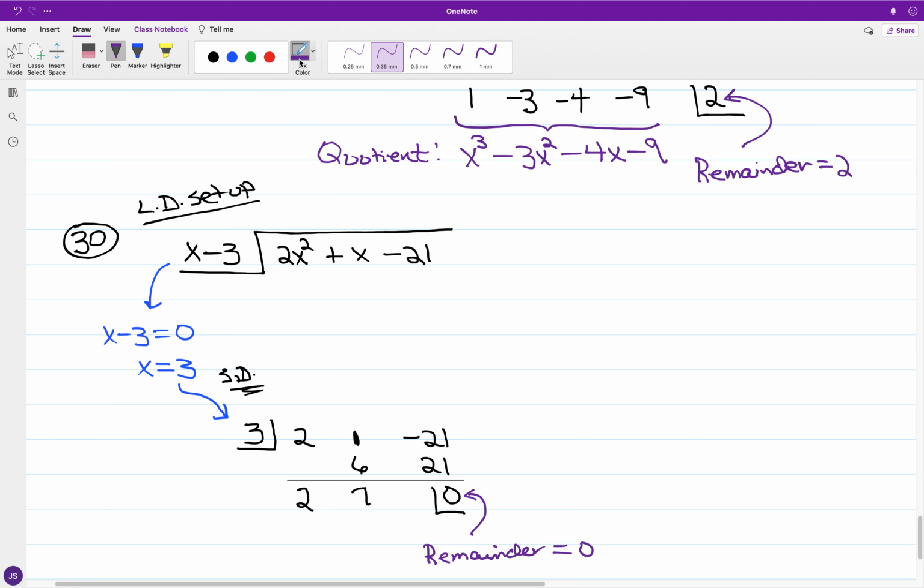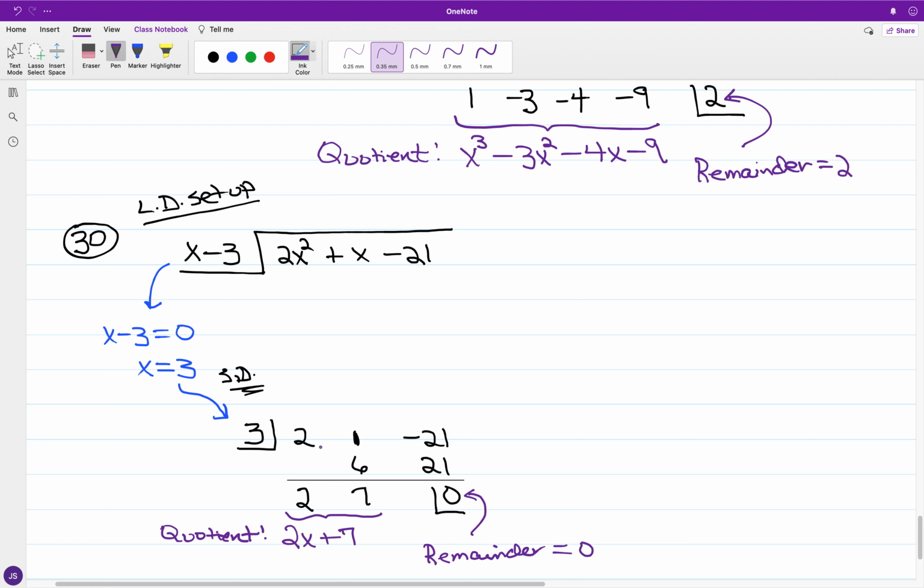And in terms of what we have for the quotient, okay, so for the 2 and the 7, the 2 at the top was in reference to 2x squared, but again, with the quotient, you're taking away a degree from the dividend, so this 2 is now going to be in reference to 2x, followed by the number 7, so we have no remainder. So x minus 3 will go into 2x squared plus x minus 21 exactly 2x plus 7 times. Okay, now,